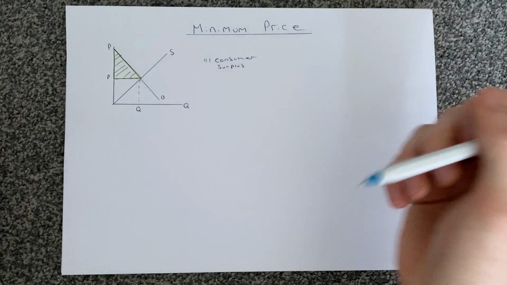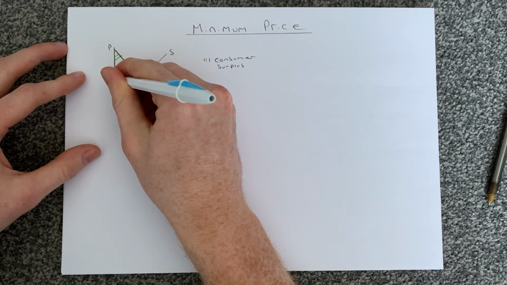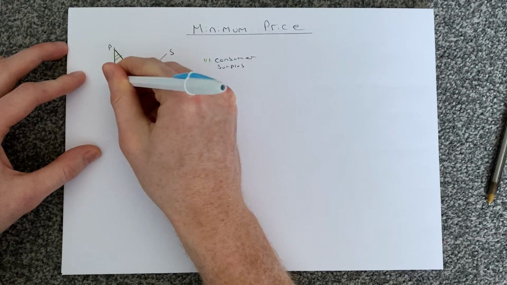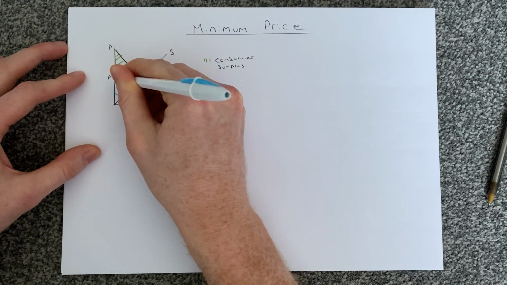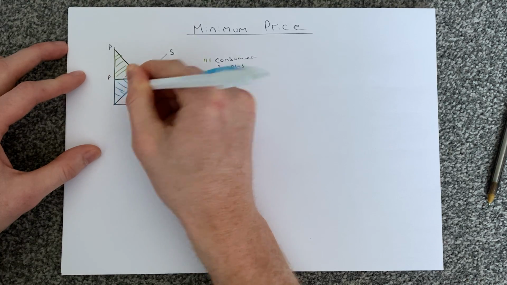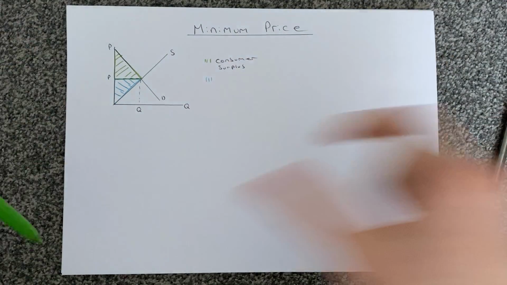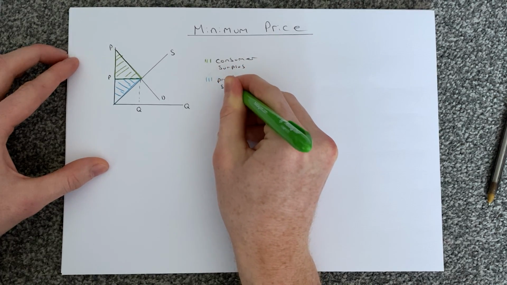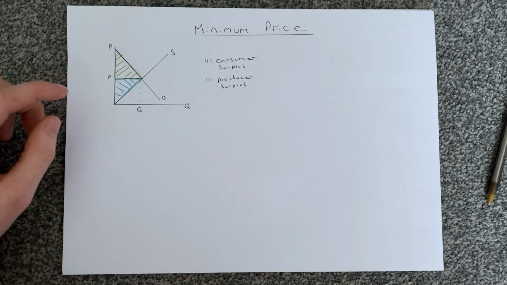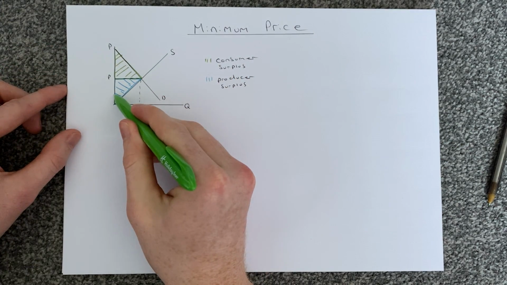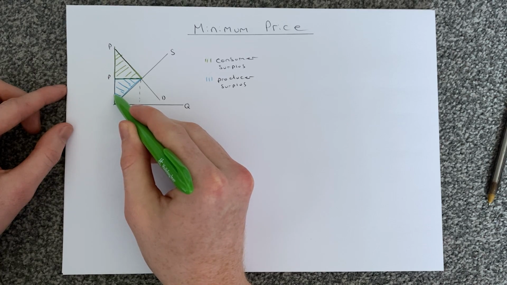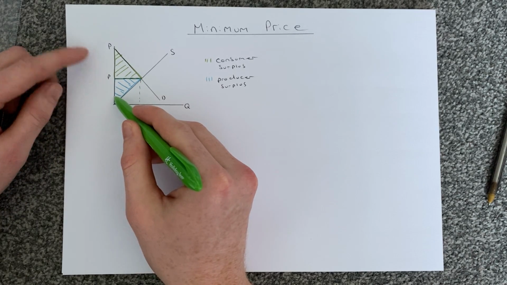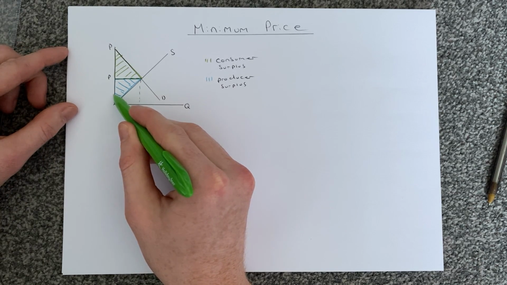Okay, so now let's have a look at the producer surplus. So the producer surplus is this blue triangle here, and I'll just hatch that in there just to demonstrate the producer surplus. And again, the reason why that is the producer surplus: down here, for example, at a lower price, we have producers who are willing and able to sell at a lower price than the market equilibrium price of P. And obviously those producers who are willing and able to sell at a lower price than P are benefiting,